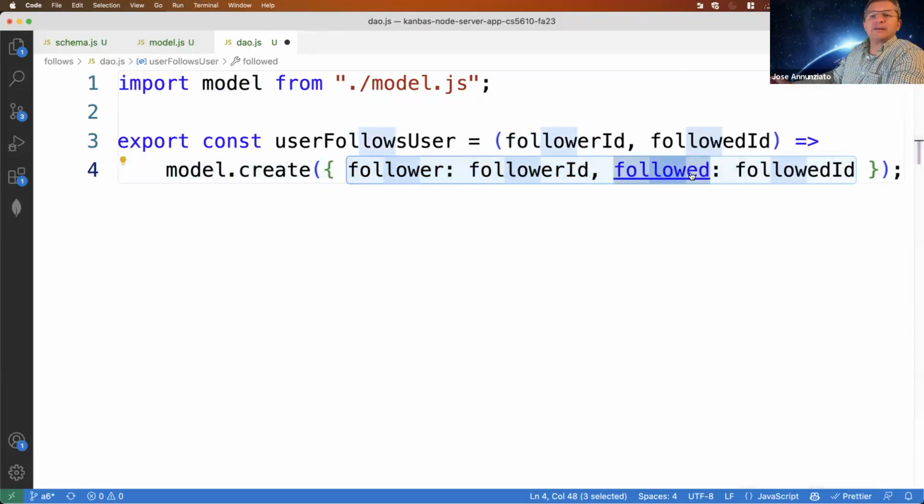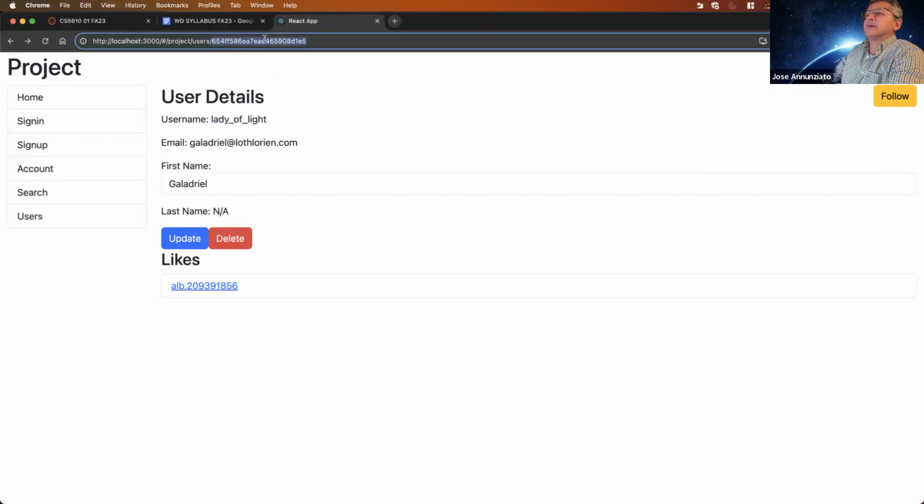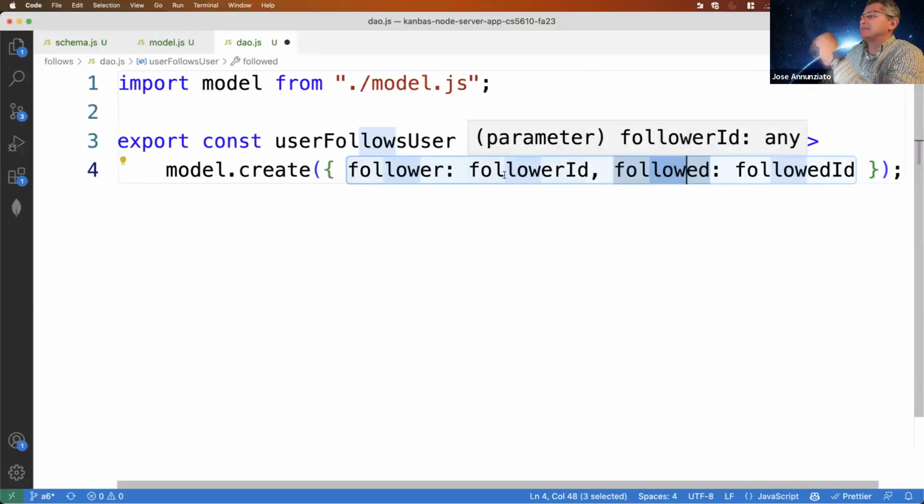So if I'm looking at this person, I'm logged in as Alice, but I'm looking at Galadriel and I click on follow, I'm going to send the ID of Galadriel, right? And then the server is going to figure out who's logged in, right? It's Alice. And so those are the two IDs that I pass in.